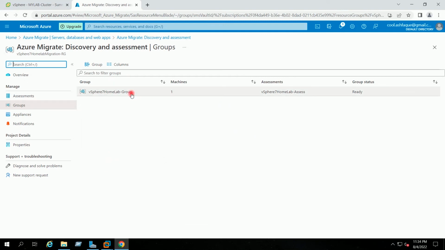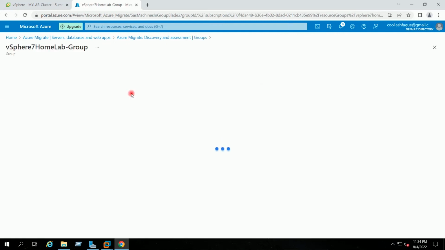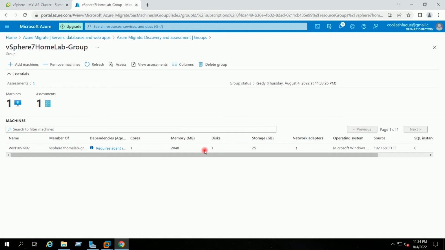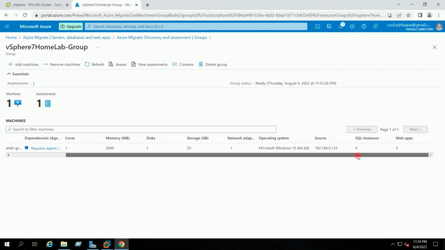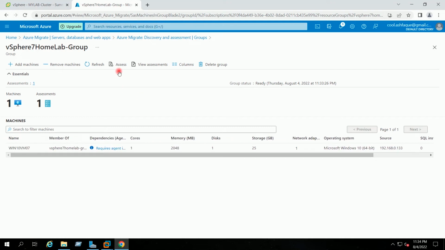I will click on group. This is the virtual machine present in our assessment group. This is the operating system and source details.